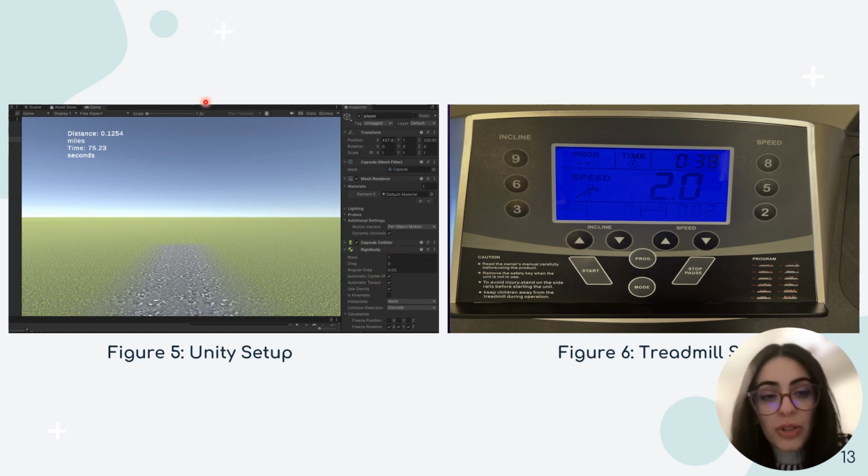and once we get the program started and running, here you will see the distance traveled in miles. It will be displayed as well as the time elapsed since the program started running. Over here on the right, we can also see the time in seconds and the distance traveled, also in miles,